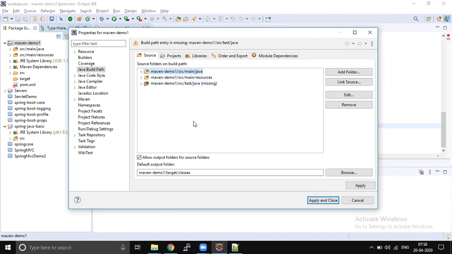All the folders, subfolders and files inside these folders will be considered as source, right? So whatever files or folders are present inside these folders will automatically compile when you check the build automatically option.